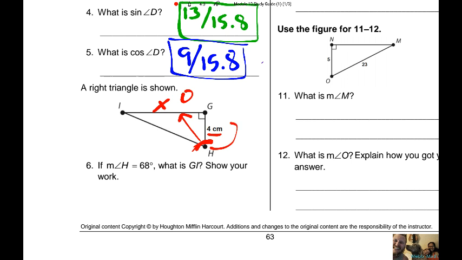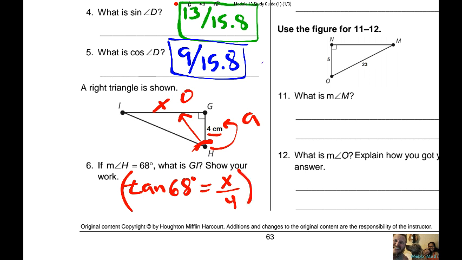Now, we do have something given to us. What kind of side is he? Is he the hypotenuse? No, he is the adjacent. Now we have an O, we have an A. Toya. We're doing tangent. Tangent of what? Well, what is our degree for our reference angle? 68 degrees. And that equals the opposite, which is X, or GI, over 4. How do you get rid of a dividing 4? Because we want GI or X all by himself. Multiply both the left-hand side and right-hand side by 4. So you're going to have X equals 4